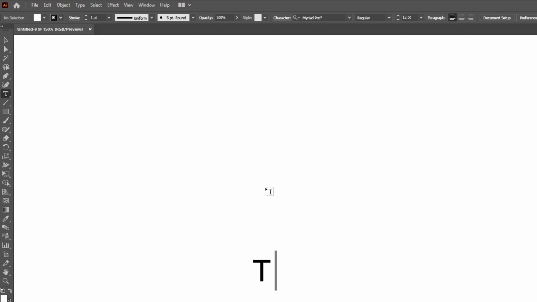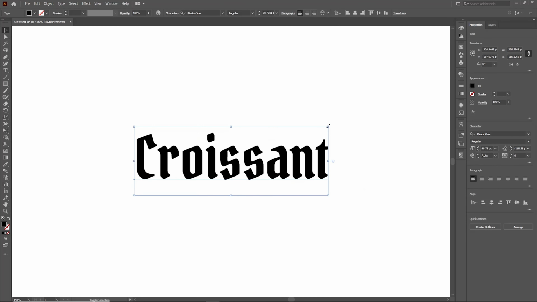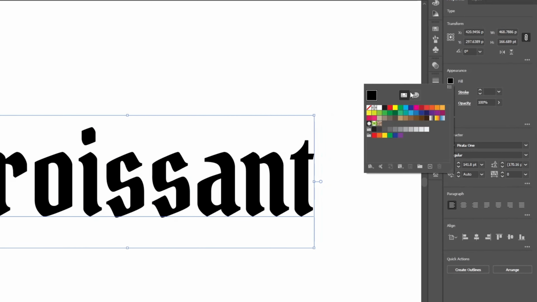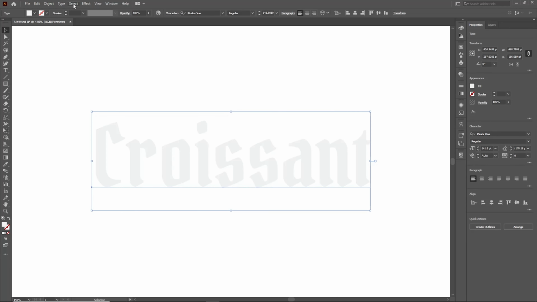Now press T and click here. Choose your favorite font. I choose the Pirata one. Now we make it a little bit bigger, center line. Change the color to light gray and go to Effect, 3D,